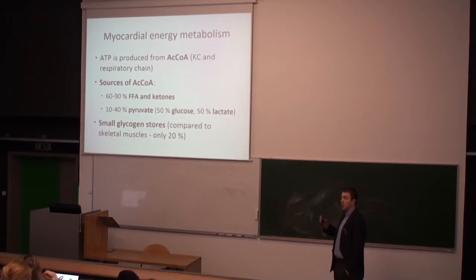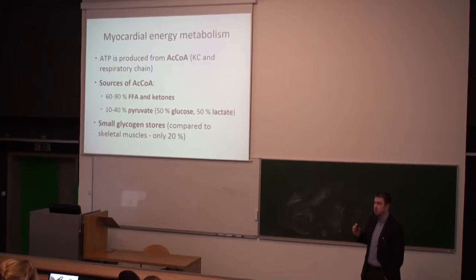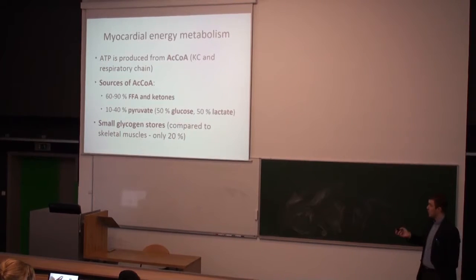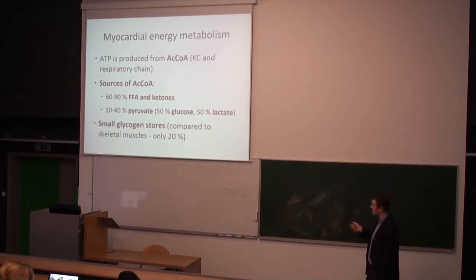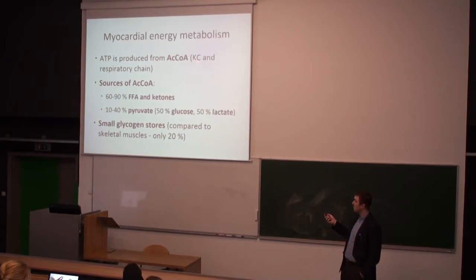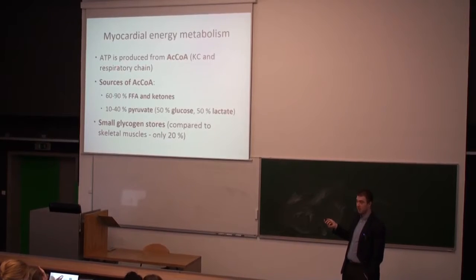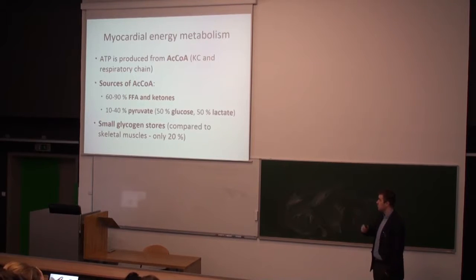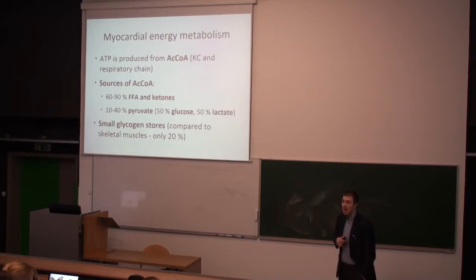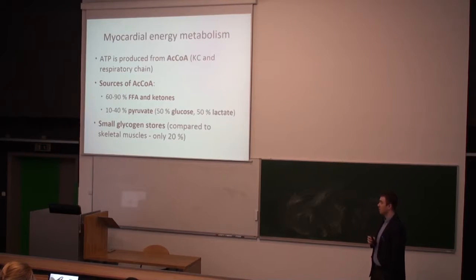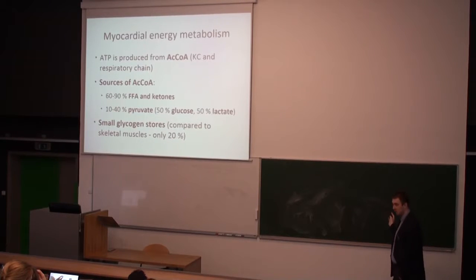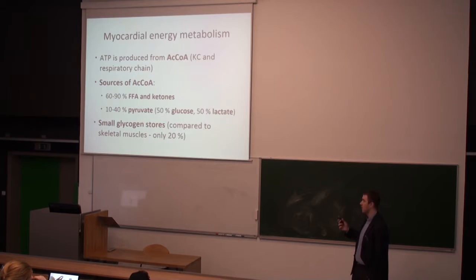If we look at what the sources for energy metabolism of the heart are, then when we mention aerobic metabolism, you know that aerobic metabolism joins at the level of acetyl-CoA that is metabolized in the Krebs cycle and respiratory chain. Yes, in the respiratory chain you consume the oxygen. The question is, what is the source of the acetyl-CoA molecule? As you know, you can produce acetyl-CoA from everything: fatty acids, glucose, pyruvate, lactate, amino acids. So the question is, what is the preferential energy substrate for our heart?